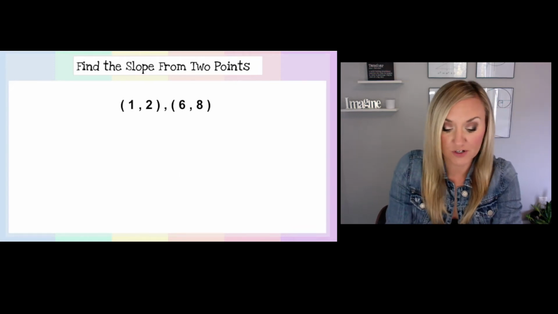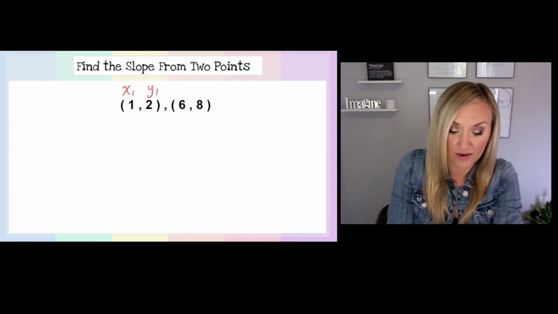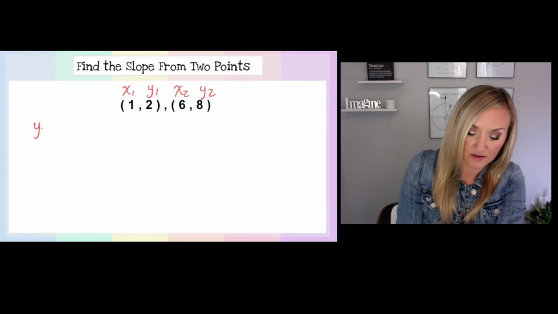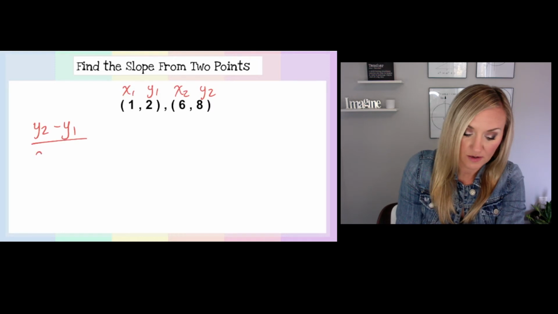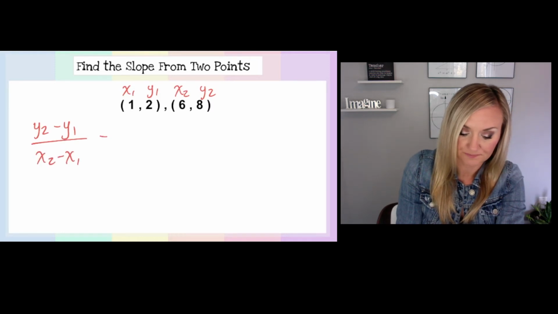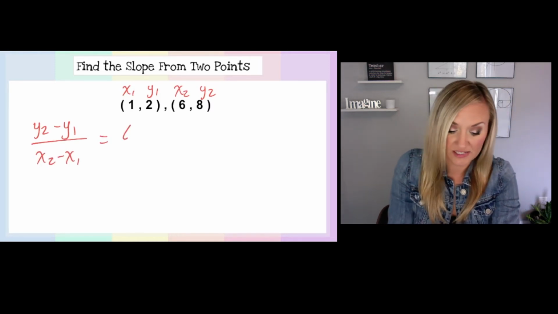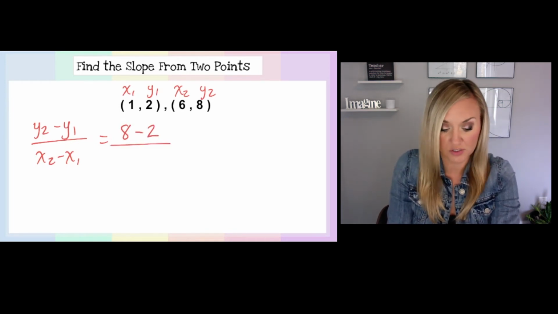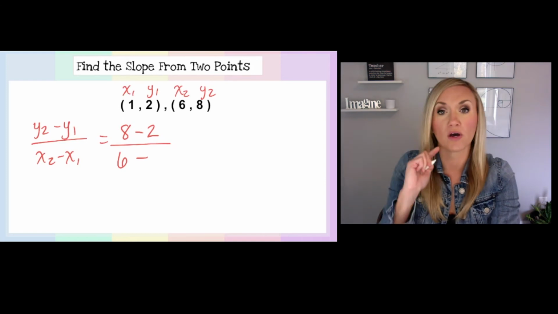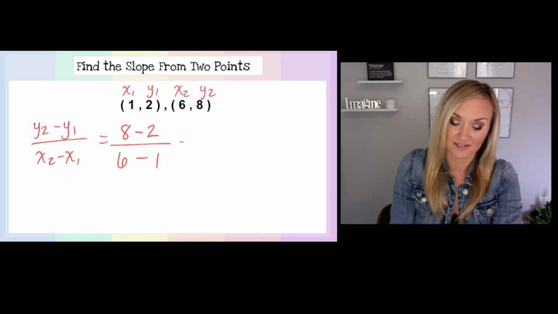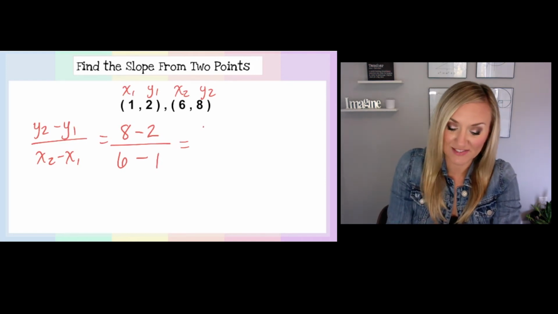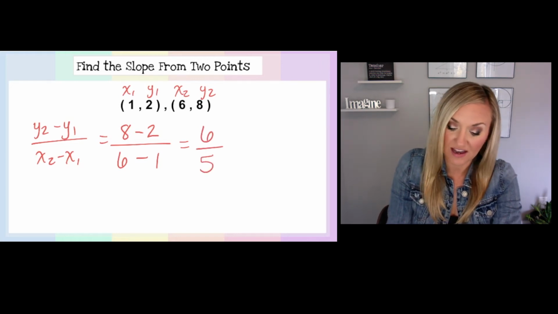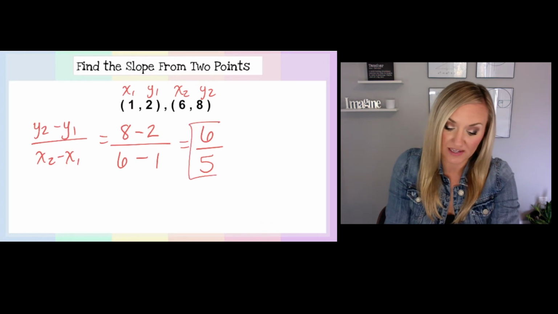All right, so the first thing I want you to do is write x1, y1, x2, y2, and let's write down the formula. y2 minus y1 over x2 minus x1. Our y2 is 8, minus our y1 is 2, over x2 is 6 minus our x1 is 1. 8 minus 2 gives us 6, over 6 minus 1 is 5,